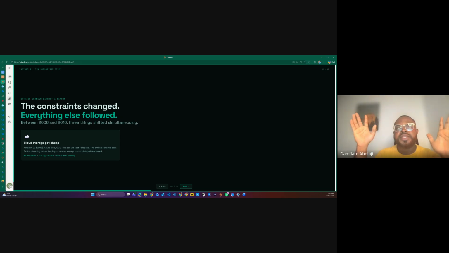The cost argument that we can't actually keep raw data, or we have to transform our data before loading, goes away, because now it costs next to nothing to actually store the raw data. So you can now afford to keep every raw record exactly as it came from the source. Not because it's tidy, but because it's cheap. It's cheap enough that the cost of not keeping it actually outweighs the